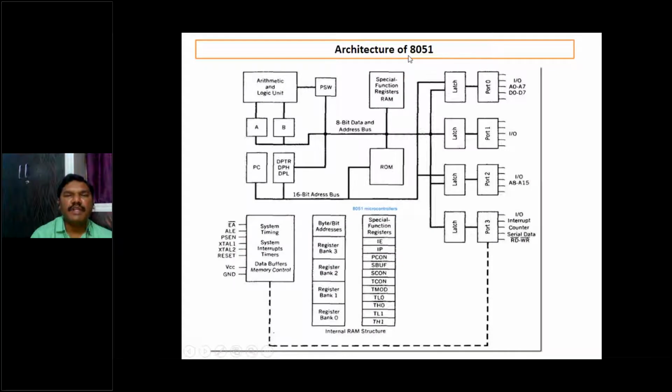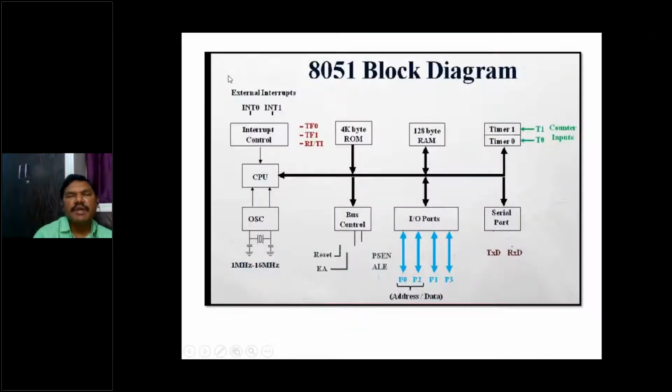So this is the architecture of 8051. Why we have talked about memory and registers here is, if you see the next block diagram, this is the architecture and this is the block diagram. Both are almost the same. Here everything is inside of the chip. So this is the actual 8051 chip. This is ROM, RAM, IO ports, serial ports, timers, interrupt controller, and oscillator or clock generator, all inside of the chip. So how can you operate when all are inside of the chip?